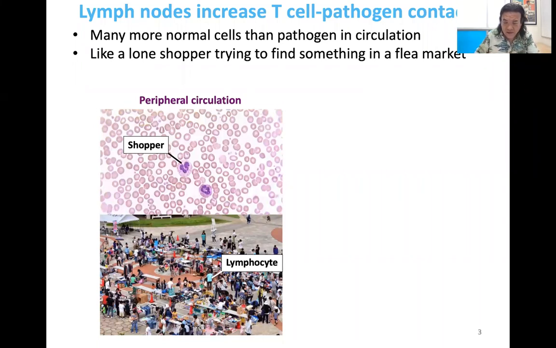There's all kinds of fun stuff there, all kinds of neat junk and stuff like that. So imagine it's like a lone shopper wandering through a flea market, right? If you were really looking for something specific, you don't really go to the flea market expecting or knowing where to find that. You just kind of go and see what you see, right? So imagine if that is like an individual lymphocyte, like a T cell or a B cell, just flowing through